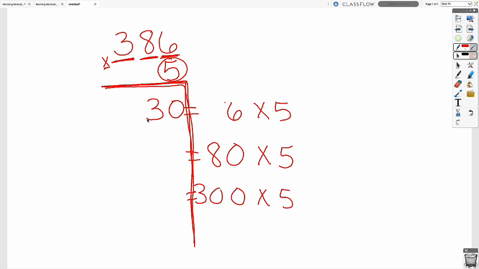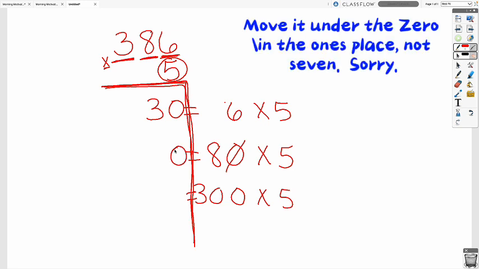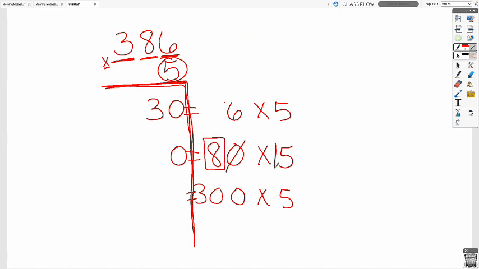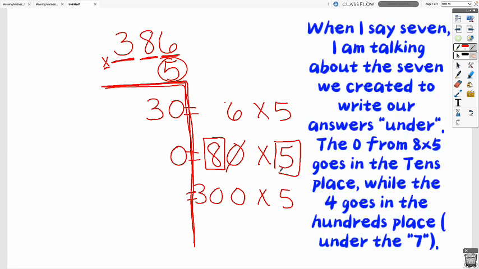So now I'm going to do 80 times 5. The good news is when you have zeros, it can make things a little easier for us. So I can cross that 0 out and just go ahead and move it underneath my 7 for the answer. That leaves me now with an 8 and a 5. So 8 times 5 is 40. I'm going to put my 40 under the 7 as well. Moving on,